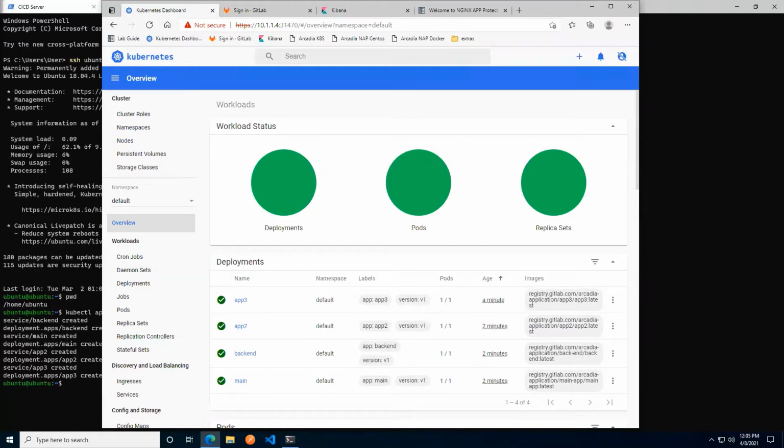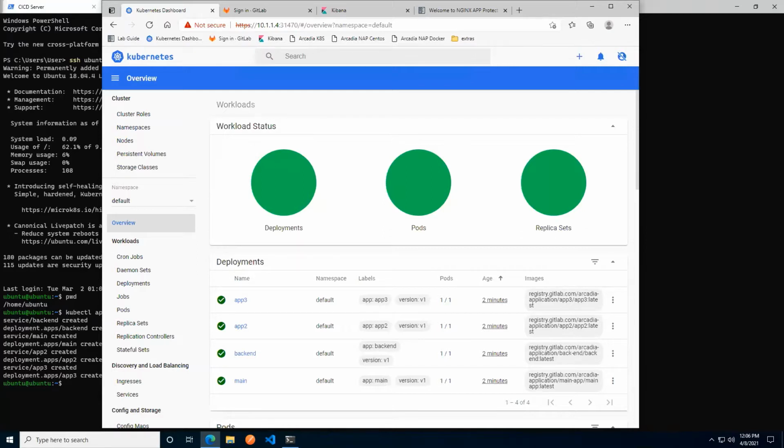Always good. Now, it's important to note that we've only done half the job now, because we have indeed spun up the Arcadia Finance application, but we haven't made it accessible yet. The reason for that is we haven't defined an ingress controller for the application and how it should route requests and so on and so forth. We could have done that in one and the same operation. We could have had that done in the same YAML file, but for the purposes of the lab, it makes more sense to split them out so we can see the two steps in separation.